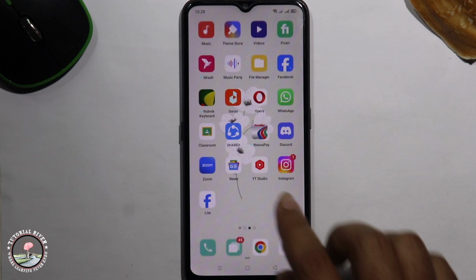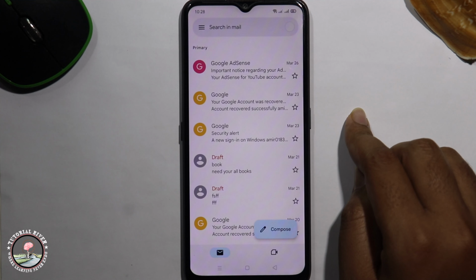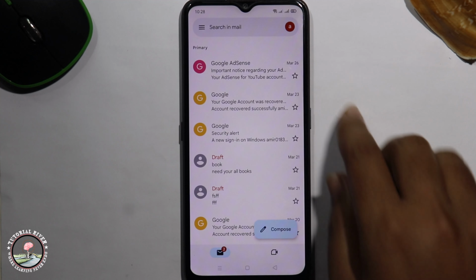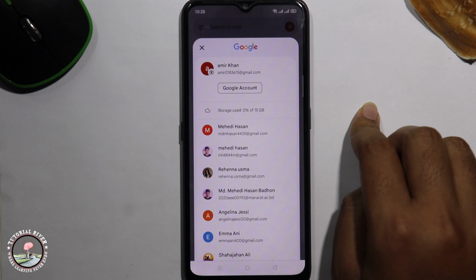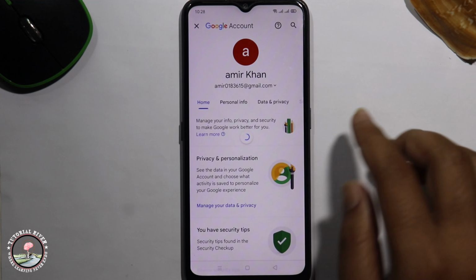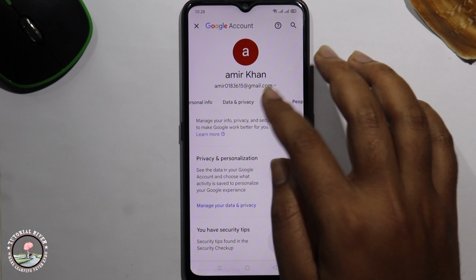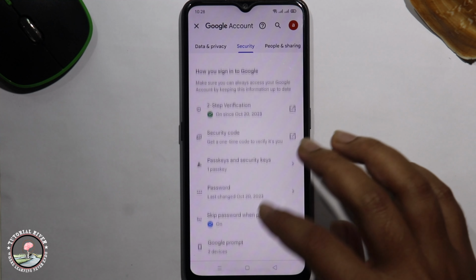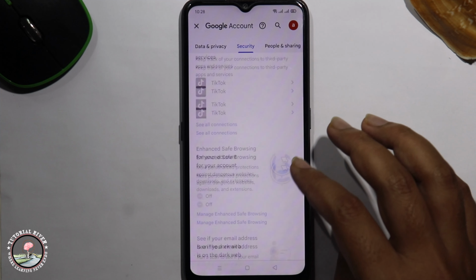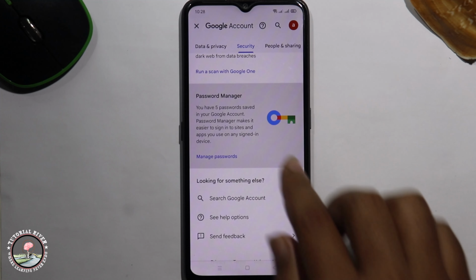So go back, open Gmail, click on the profile icon, Google account, swipe left to right side, click on security, click on manage password,